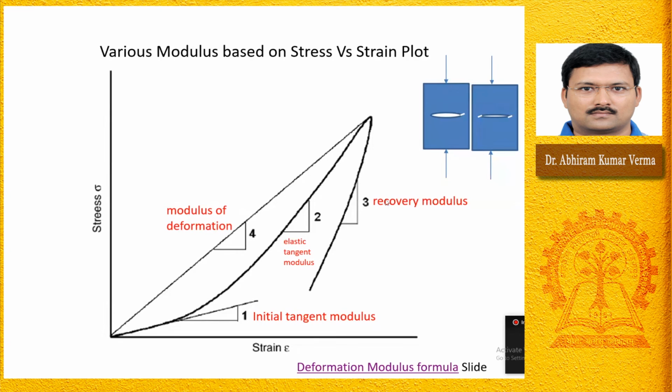So there we are defining 4 different moduli, and all of them have some utility. You will see people have tried to develop the relationship between the first cycle and the second cycle, second to the third, and they have tried to correlate the different moduli in different cycles, right? So these are the maximum 4 pieces of information we can get out of each cycle, right?